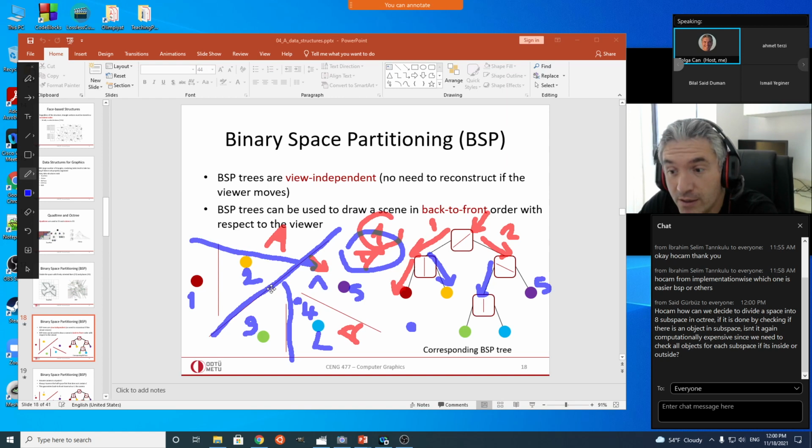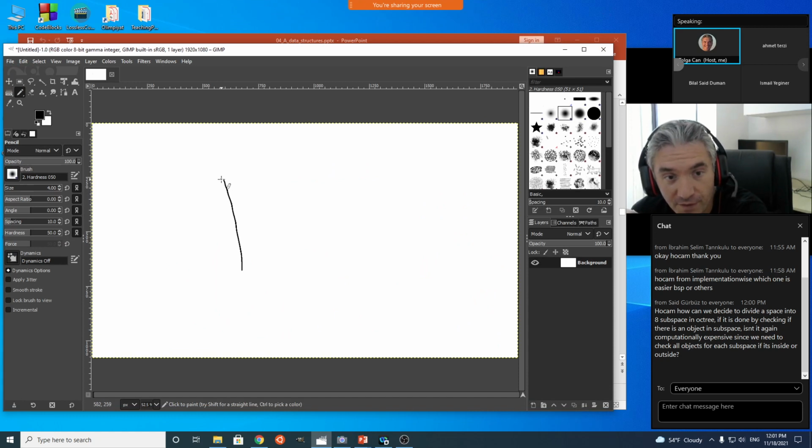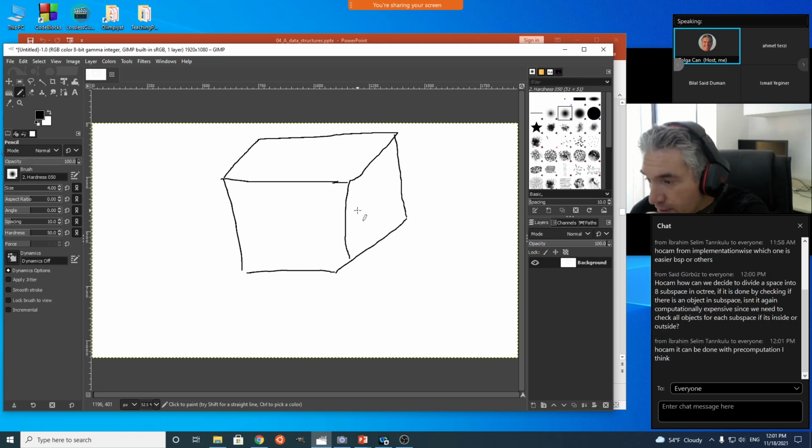In an octree, the space division is done regularly, always from the middle of the current space. It's going to be done by checking if there's an object in a subspace. And the way we do that, implementation-wise, let's think about this. For example, when we are in a cube in an octree, how can we determine whether this cube contains a single object or not? I think this could be done